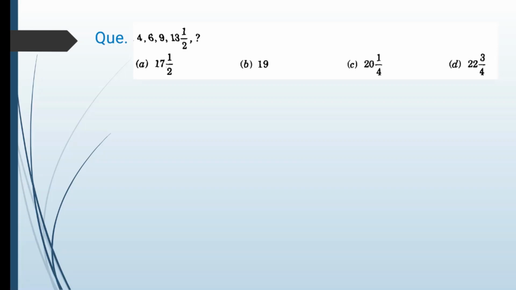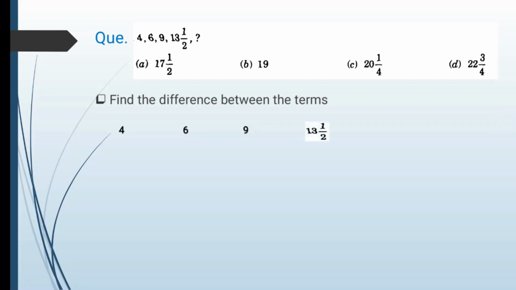In this case you will not find the answer by doing that. So I'll skip that part, and I'll write the terms that are 4, 6, 9, 13 and a half, 13 1 by 2. So instead of using this mixed fraction, I'm converting it into a normal fraction, which is 27 by 2. 13 1 by 2 is nothing but 27 by 2. I'll write it like this because it is more convenient for me, and we have to find out the last